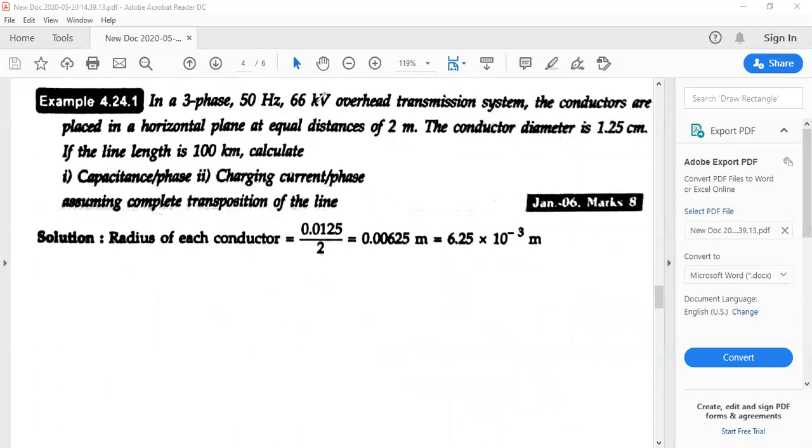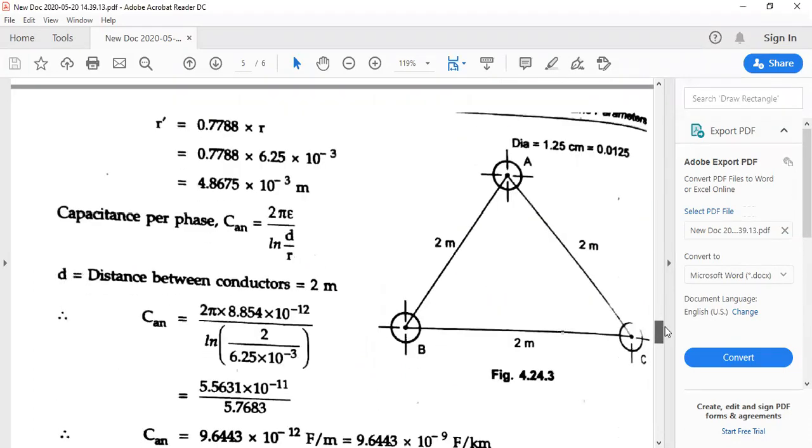So next what we can generally do is we can have the expression written properly. Instead of going for R dash, it is not required. We are not doing any inductance term here. So we are directly substituting the value of D and R simply. So if you recall the formula, you will be able to find it easier.